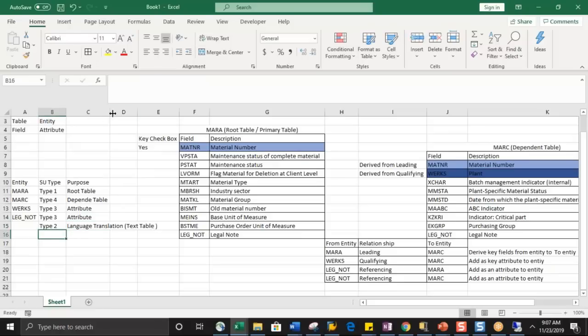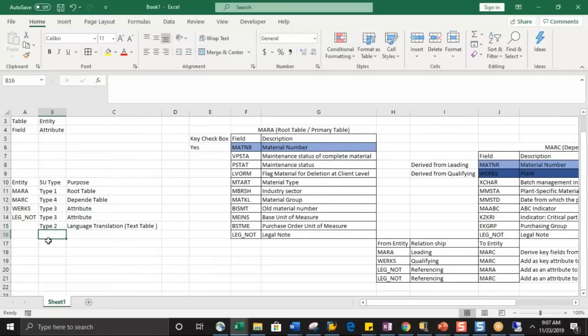Text table. Similarly, if we need any language descriptions from an ECC, we will be creating an attribute in MDG. Type 2 is a text table, but it would be used as an attribute in MDG. Example,